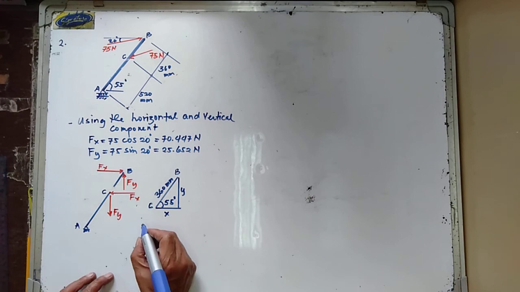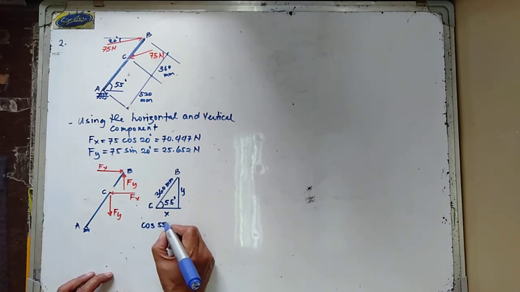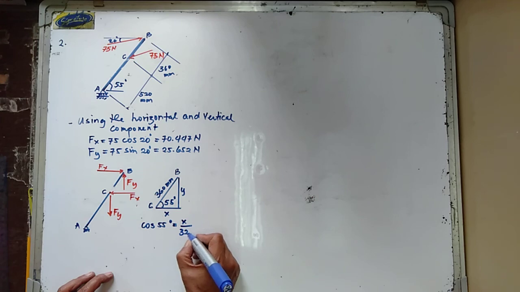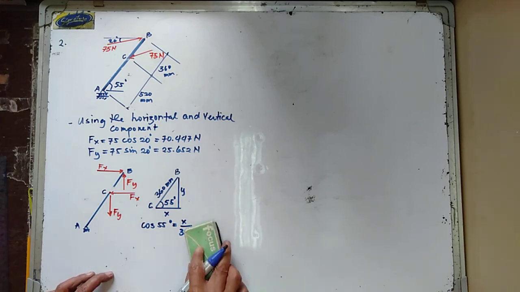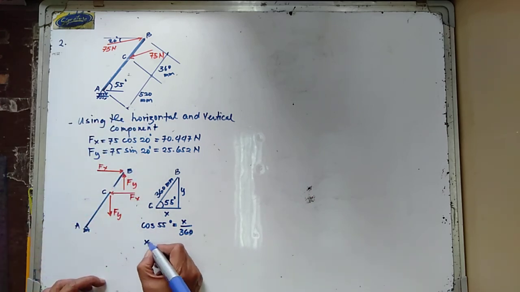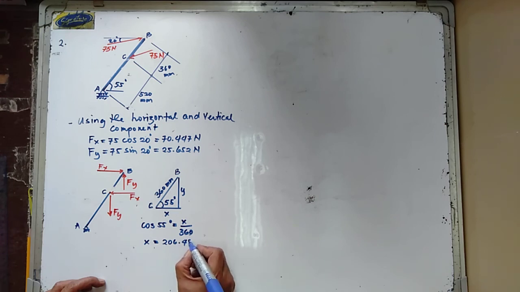So that if you are going to get cosine of 55 degrees, it is equal to x all over 360. This is 360. So your x in here is now equal to 206.488